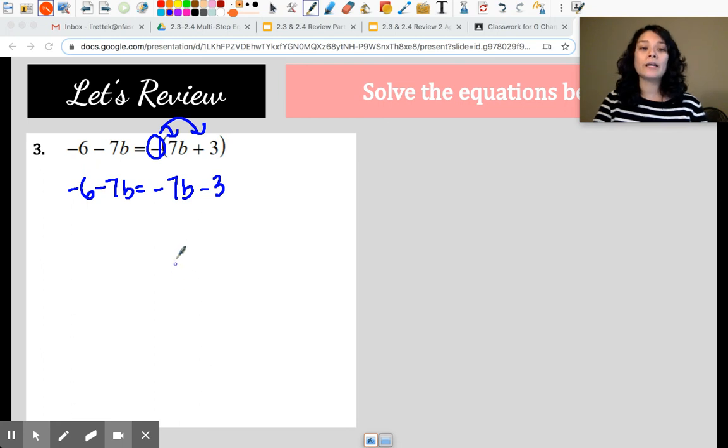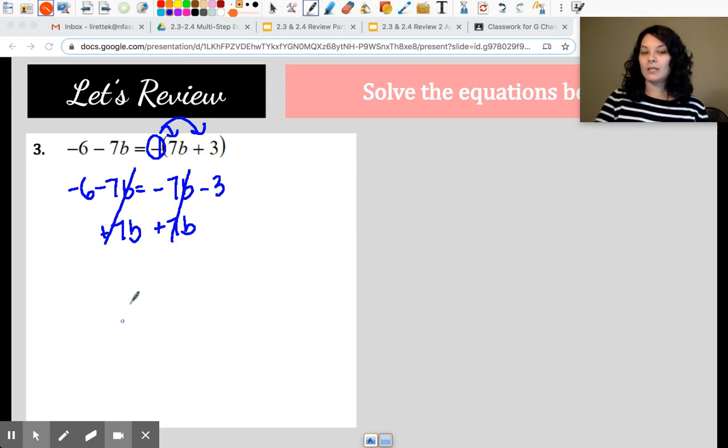gather all of my terms that have a variable to one side by adding or subtracting. I'm just going to attempt to move the one that's on the right to the left. It's a negative, so I want to add it. They end up canceling out on the right. They also end up canceling out on the left. So what I end up getting is just a negative 6 on the left and a negative 3 on the